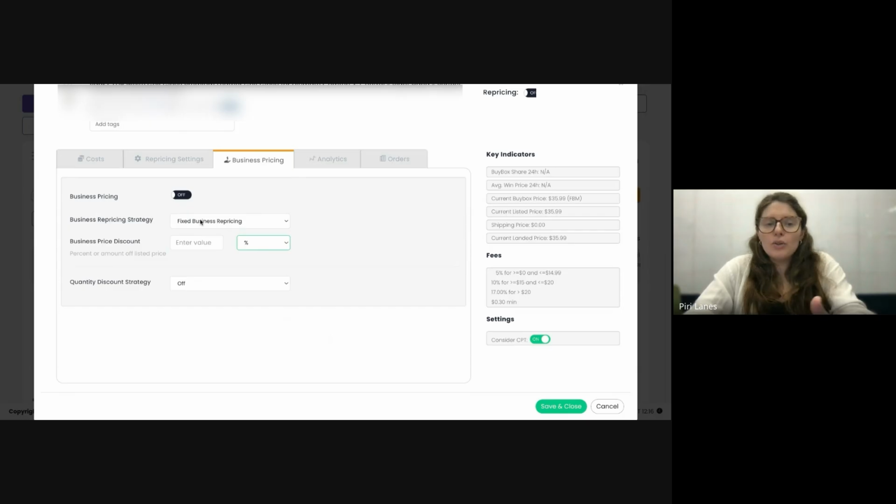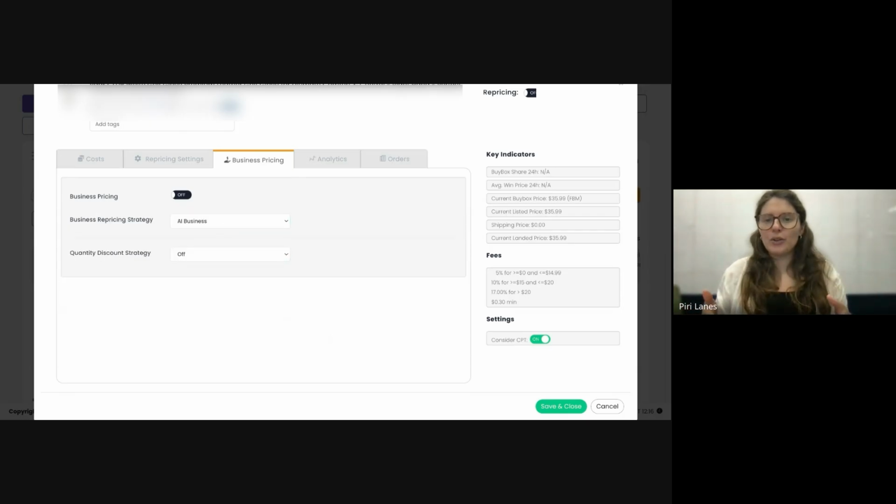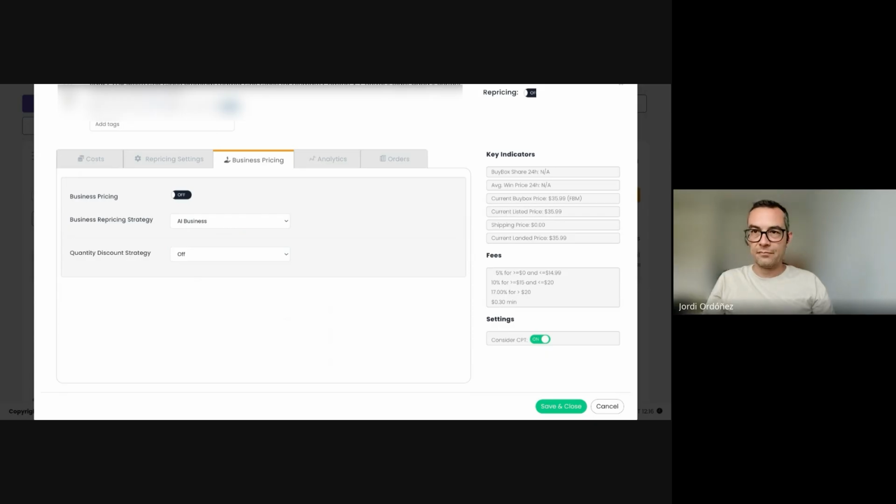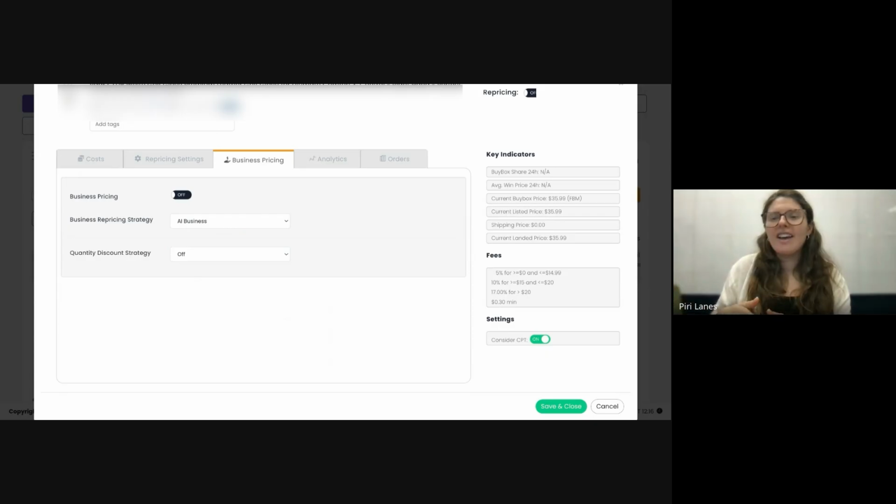But using SellerSnap's AI, the goal and the story behind it is that you're now actually competing with the other B2B offers, because previously you didn't know what your competitor was doing. He may have had quantity discounts for 300, 400, and 500, while you had quantity discounts for 20, 30, and 40. So you weren't even in the same realm. SellerSnap stays within your min and max and within your available inventory, but we will reprice depending on what your competitors are doing on that listing as well.